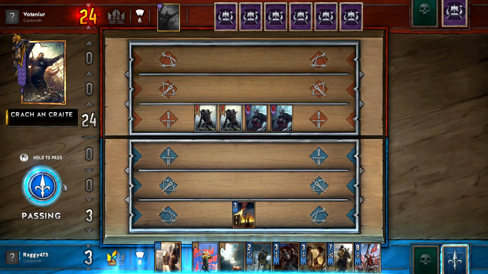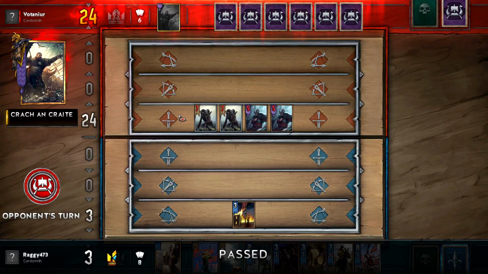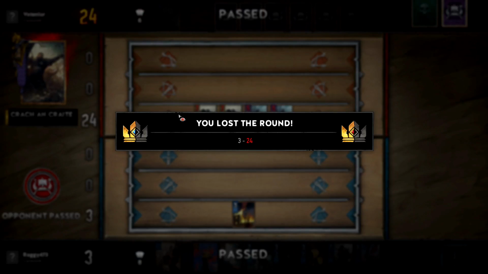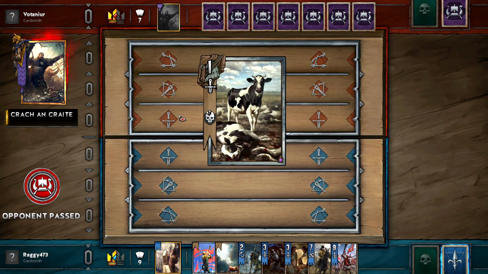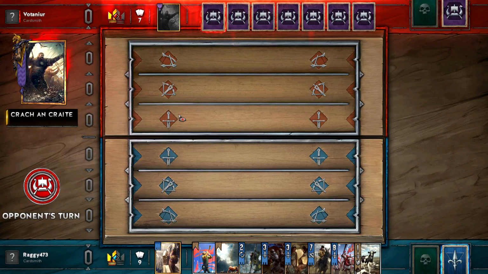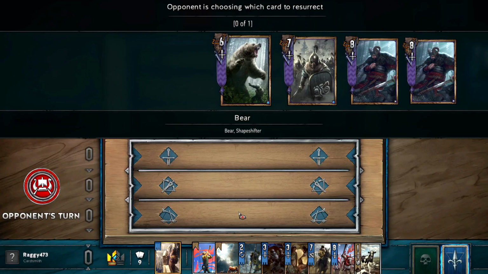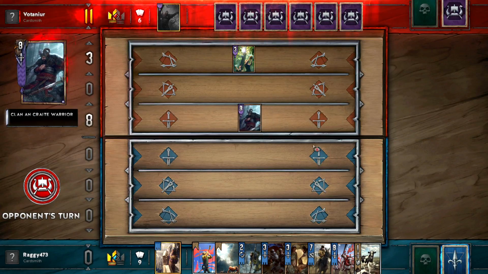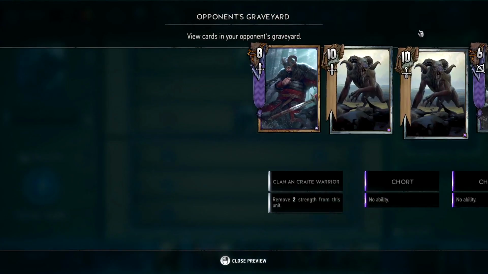I'm going to pass. I think he was banking on buffing them. I've got a 2 card advantage still. But after each round, so after round 1 you draw 2 cards, and after round 2 you draw 1 more card. So we're going to draw 1 now, and it is not a good draw for us, that one. There's your priestess, as I mentioned, so your priestess can resurrect anything from the graveyard, and he's probably going to choose you. So if we have a look at the priestess...